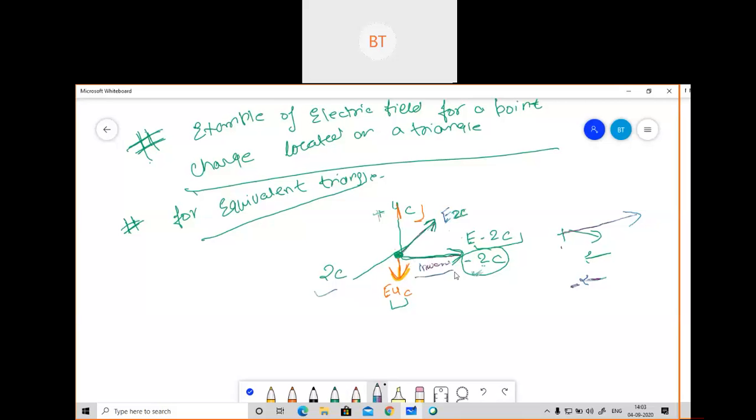So what has come, it is basically coming inward, means it is basically being attracted towards this -2, if you can say like that. And if it is plus, what happens with plus? It moves away. If we put plus here, with plus the charge goes away. If you put minus, the charge will be attracted towards minus. This is the point which I wanted to make. So because of this minus sign, this will come towards -2c. So I had put it in the inward direction, and because of this 4, this will go away from it.